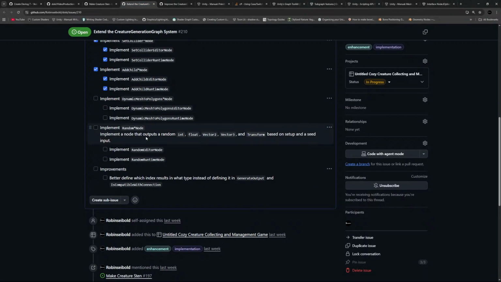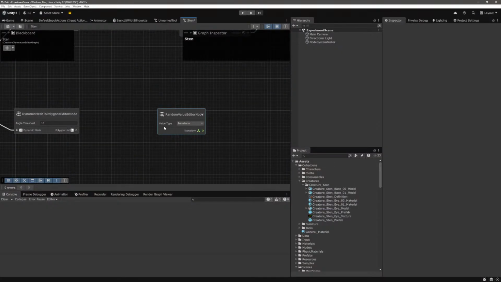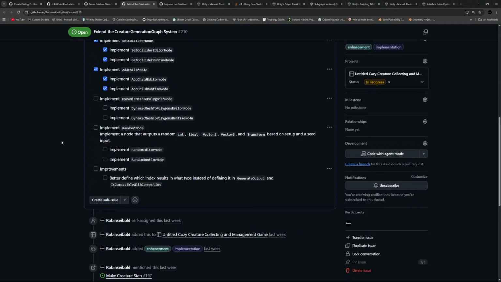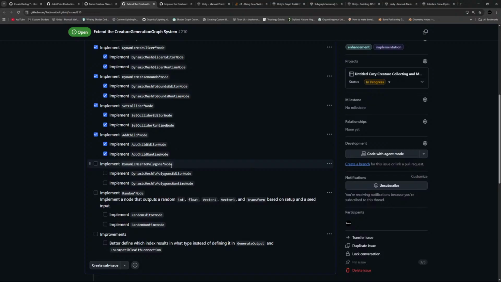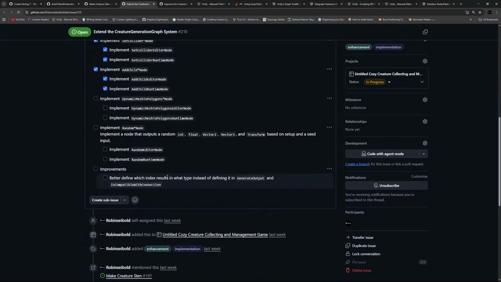So instead we're going to add an option here where we have input type, and we are gonna change the input ports depending on what input we choose. Random node is probably gonna be extended and developed a lot of times. We're gonna iterate through it a lot of times. So let's do